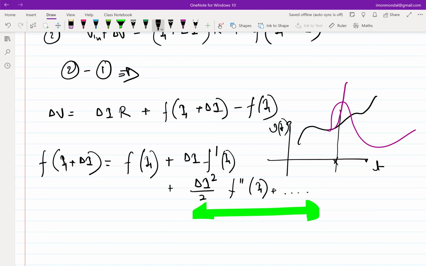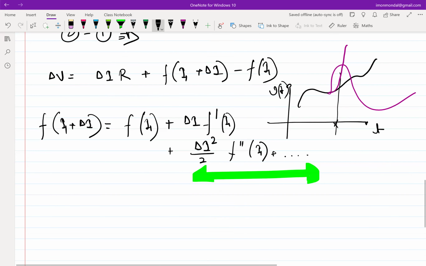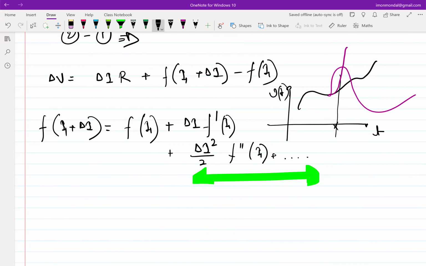I need to figure out a framework to solve nonlinear equations. This is the critical step, right? Neglecting the higher order terms. You cannot neglect the higher order terms anytime just because it serves our purposes. You have to be diligent and develop a condition under which those higher order terms can be neglected. So as long as we can neglect this,